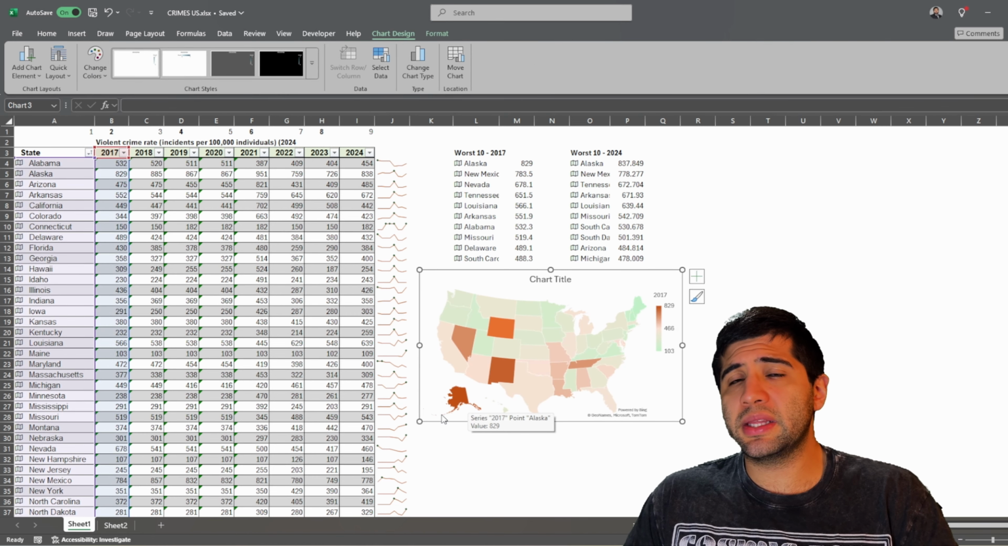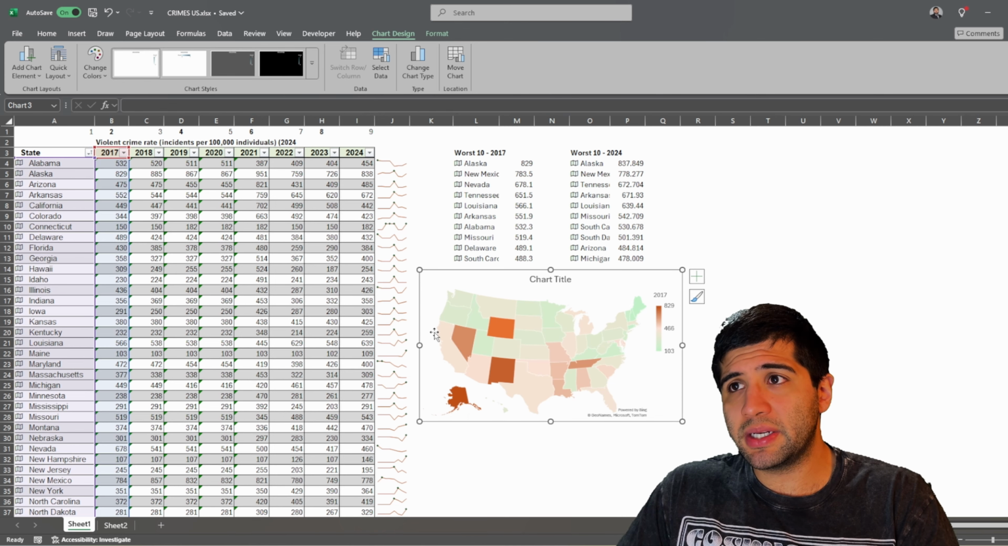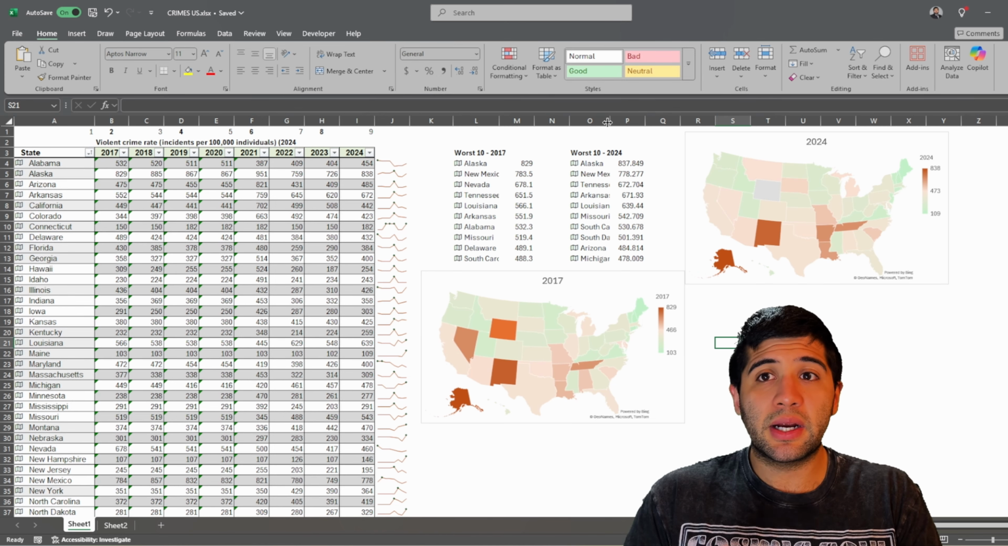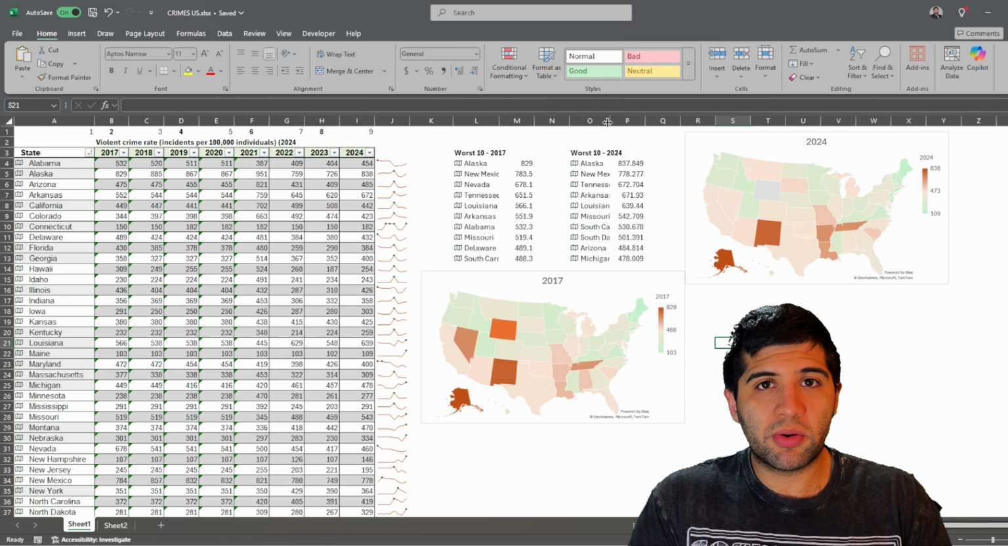And as you can see here, the states with the worst criminal rate are close to the border with Mexico, except Alaska. And if you want to learn these types of analysis and how you can improve your Excel abilities,